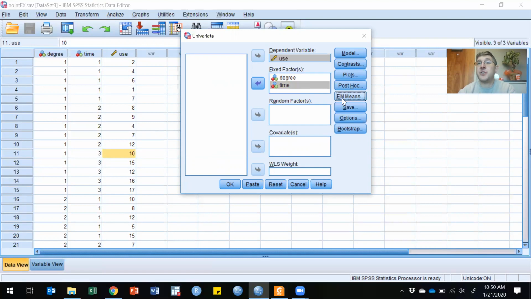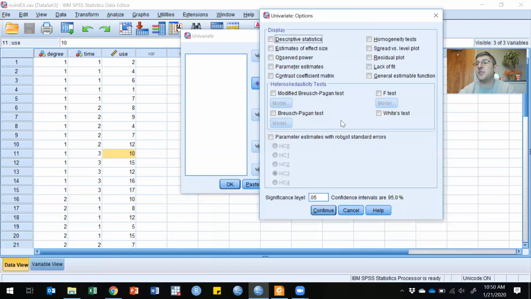Let's also, if you're using SPSS 24 or lower, this EM means selection that we just selected was over here in options. In options here, we're going to get descriptive statistics, estimates of effect size, and homogeneity test. We actually probably don't need the descriptive statistics when we ask for the main effects, but it's not going to hurt